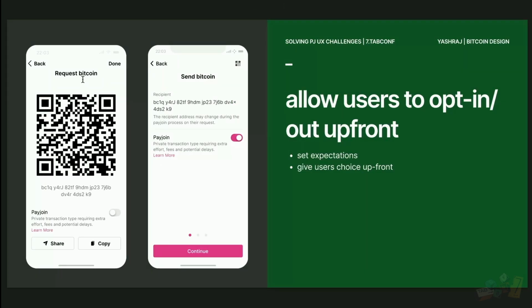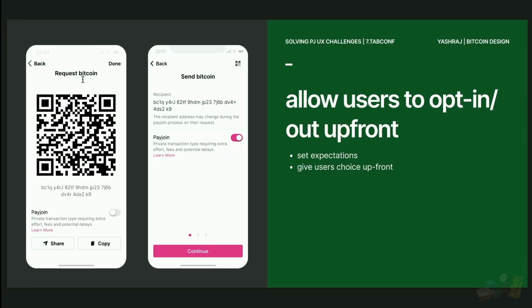But just to go back to the opt-in, opt-out, a simple toggle with an explainer saying, okay, this is what you're looking at. Again, I'm not saying use that messaging. It depends on the kind of product you have. I have not put too much thought into what the description below the PayJoin toggle should say. It almost sounds like I'm saying don't do it, right? But we have to phrase it in the right way,